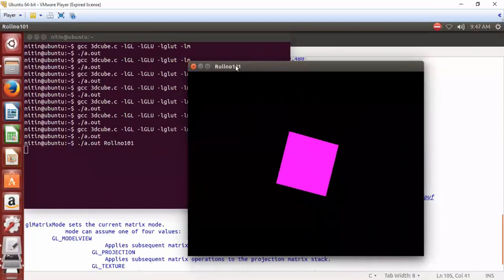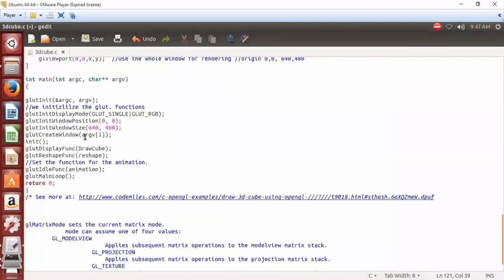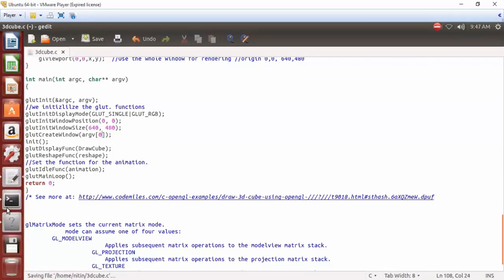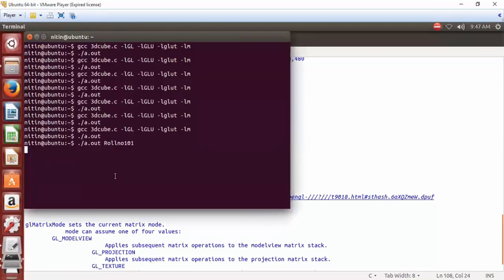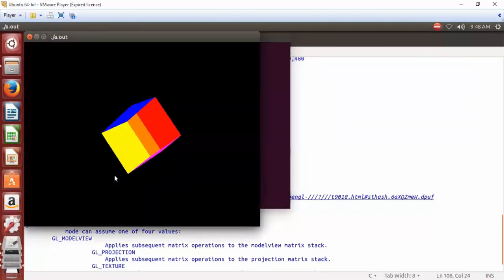If you require ./a.out in the code, you have to change it here to argv[0]. If you make it argv[0], you will get the window name as ./a.out. So here you will get ./a.out.